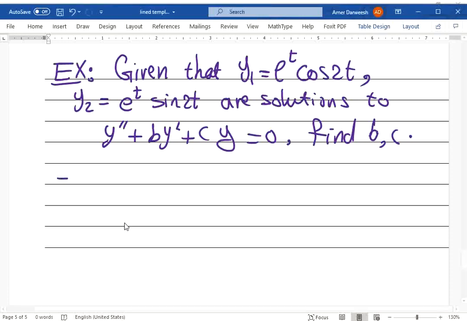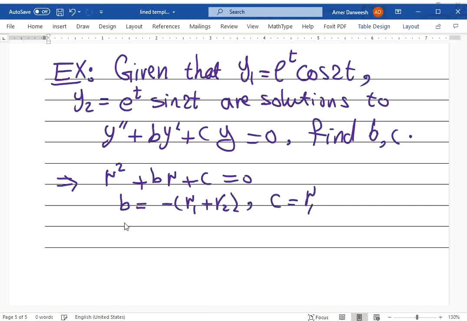So to solve this problem, first we convert to the algebraic equation, which is r squared plus br plus c equals 0. And remember the fact that b always is the negative of the sum of its roots and c is the product of its roots,